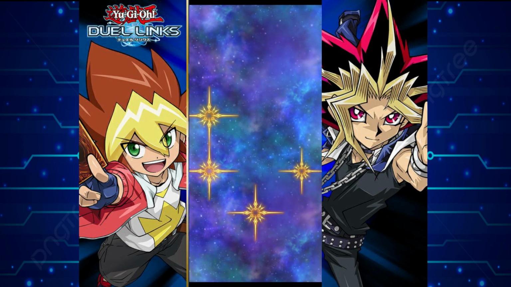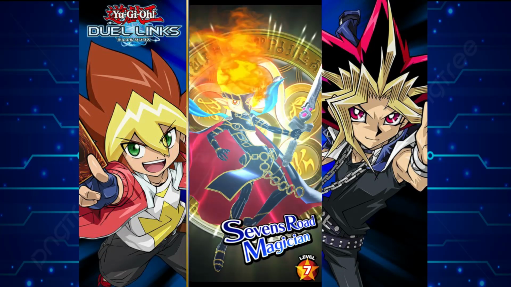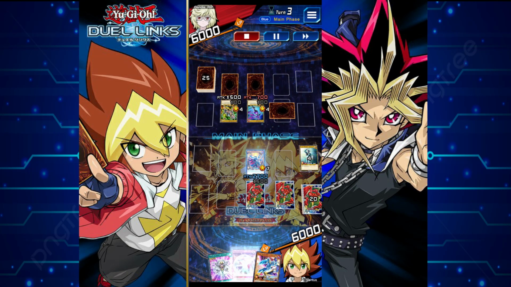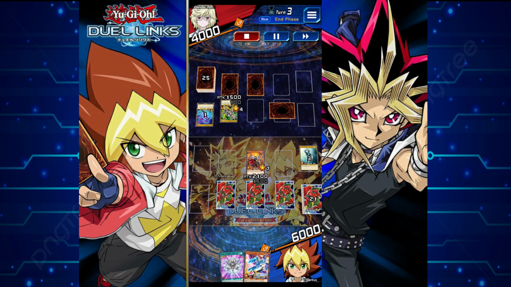If you didn't catch that, I was able to use the skill that Yuga has. So essentially you discard an Overlord piece. I keep thinking the Japanese name. Discard an Overlord piece, decrease the opponent's monster by 800, and you can set any monster from your hand that can change its battle position. And I was able to change the battle position of the 7's Road Magician that I set with the effects, and now I got a big level 7 monster on the field,